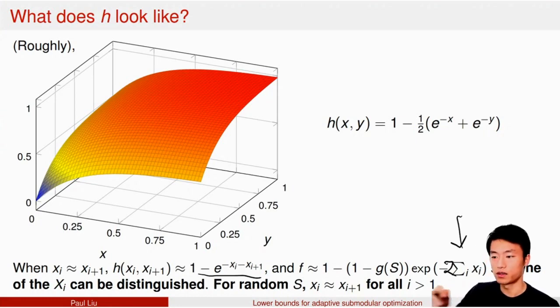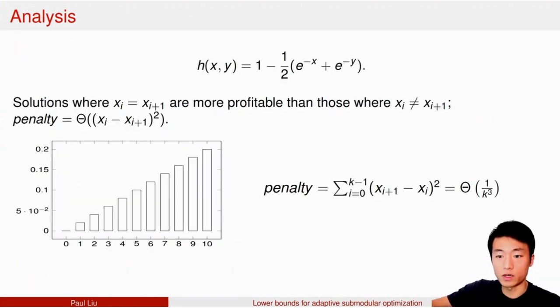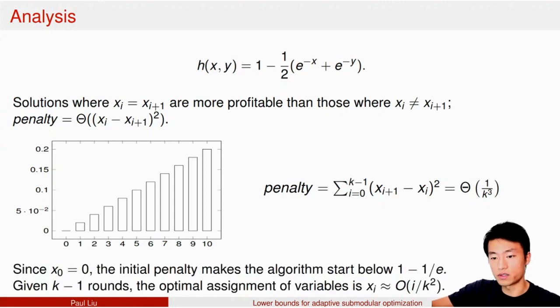indistinguishability property over here. Now, when x and y are further apart, there's actually a penalty term that's roughly quadratic. Each of the h's contribute one such term, so the total penalty is approximately the sum of the differences of the xi's. And this penalty term is non-zero for two reasons. First, because x0 is 0, and because xi's sum up to 1. So this causes a gap between x0 and x1, which makes the algorithm start below 1 minus 1 over e